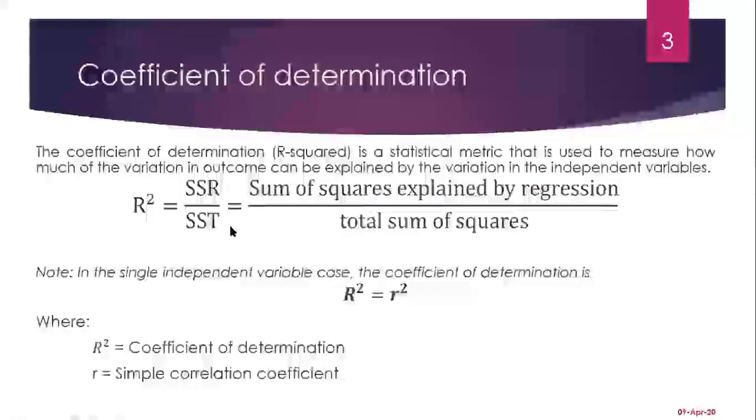This is the coefficient of determination, an important statistic for regression analysis. And this is how we define the coefficient of determination. R square is the sum of squares explained by the regression, that is the predicted values, divided by SST, the total sum of squares. In case there is a single variable, as we have seen in the last example, we had a single predictor variable, the capital R square will be equal to small r square, that is the simple correlation coefficient squared. R is the simple Pearson correlation coefficient, and its square will be that R square.